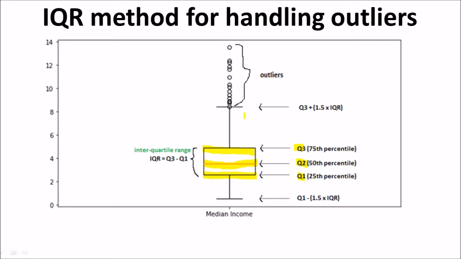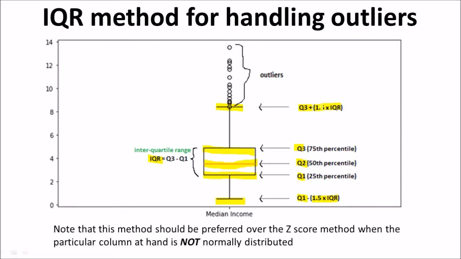How do we calculate these upper and lower whiskers? Well, it is very simple. We first calculate the IQR, or the interquartile range, which is the difference between the third and the first quartile. So it is Q3 minus Q1, and we simply multiply that IQR value by a factor of 1.5 typically, and add it to the upper box value, which is Q3. This is how we get the upper whisker, and to get the lower whisker, we simply subtract 1.5 times IQR from Q1. This is how we get the upper and lower whiskers, and these points will be deemed as outliers according to our selection of this 1.5 factor value.